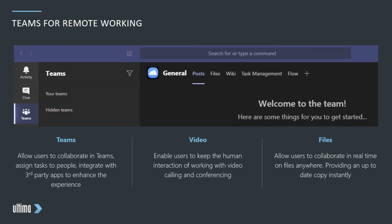And the last thing, and this is something that we've used quite extensively for various document collaboration pieces, is effectively a SharePoint functionality, but drawn through Teams, being able to collaborate on files. That is really helpful. As part of one of the projects that we've been doing internally, we've had to have 3 or 4 people contributing to a single document,